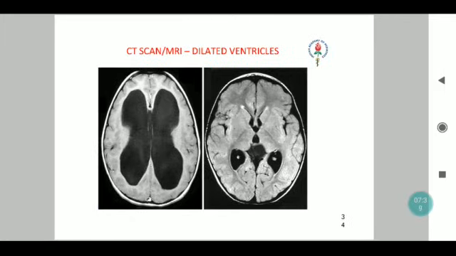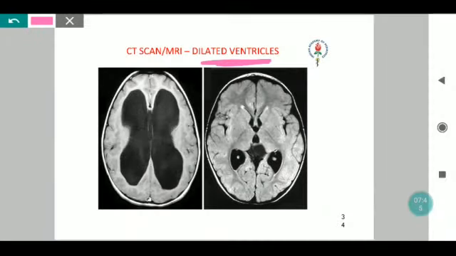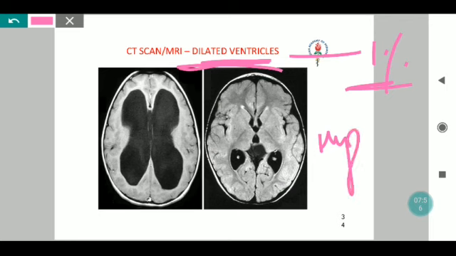On a CT or MRI, abnormally dilated ventricles will raise a suspicion. Congenital dilatation of ventricles is rare but can be considered as a subnormal variety of a normal child in less than 1%. But abnormally dilated ventricles should give a clinical suspicion for hydrocephalus, and serial monitoring is a must in these children.